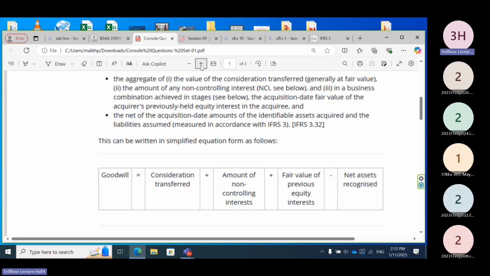I hope you are comfortable. Net assets versus consideration. Concept should be there. Concept should be identified. Proportionate goodwill and full goodwill, right? And the other part, the complexity is the consideration. Consideration should be